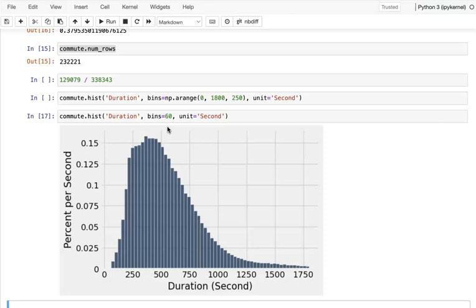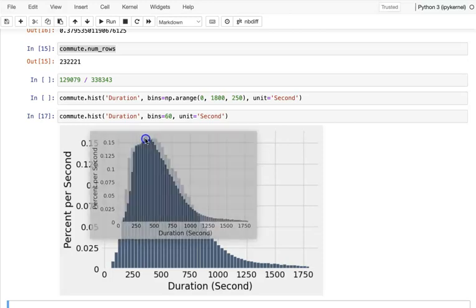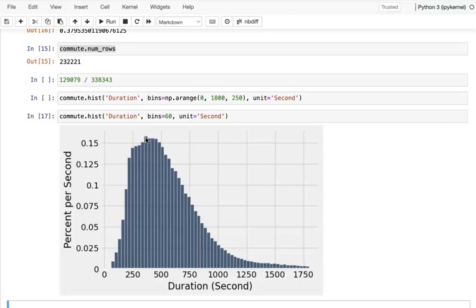But here you can see much more, because earlier from 250 to 500 we knew that range has the most trips. But with this more detail, I think maybe here, about 6 minutes, they have the most frequency.